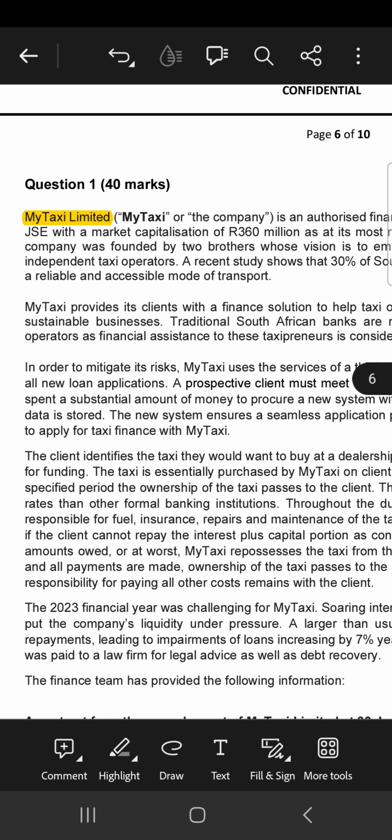Why, in your mind? Type in the comments or type in the chat. Why do you think it's important? Already, first things first, I've already highlighted two words. Right, My Taxi Limited. Why is that relevant? Okay, so the answer you're looking for, assuming you've taken some time to think about this, is that